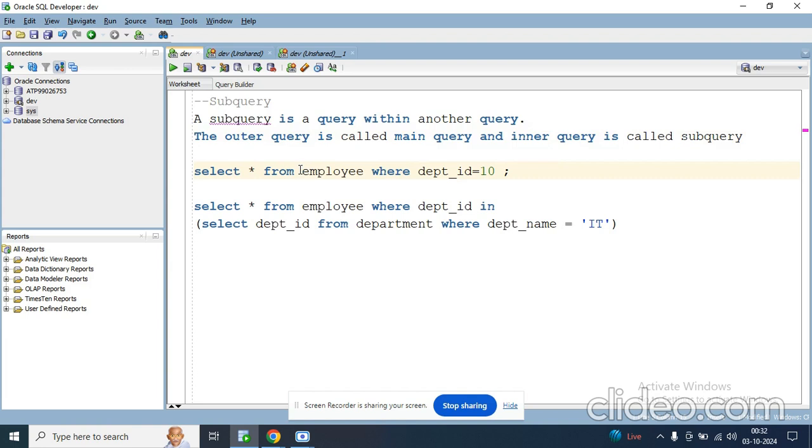Suppose we want to fetch the employee information for some particular department. Then we can simply write select star from employee where department id equal to 10. But if we don't know the department id, and we know only the department name, then we have to first fetch the department id based on the department name, and then we can use that department id to find out the employee. So for that,